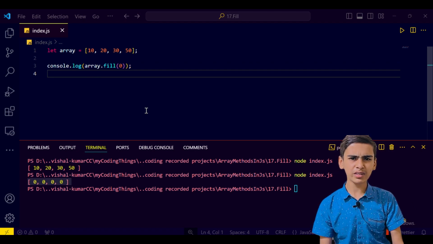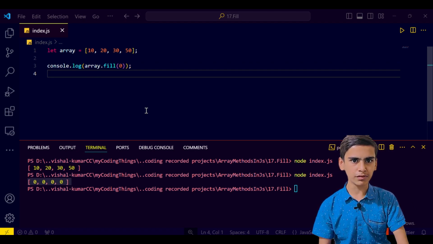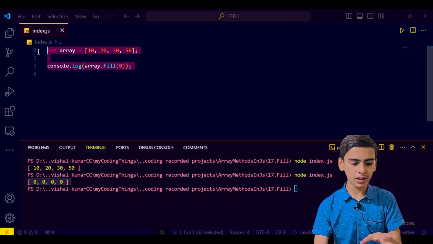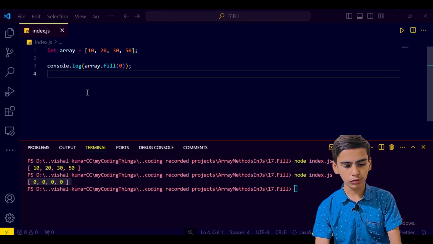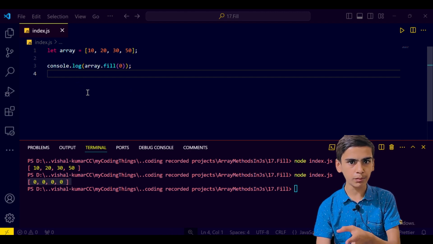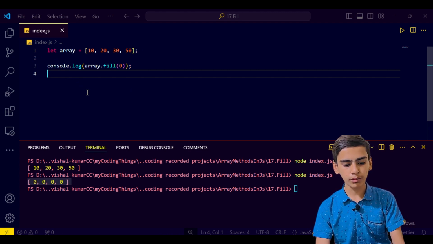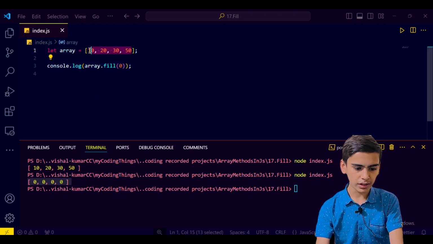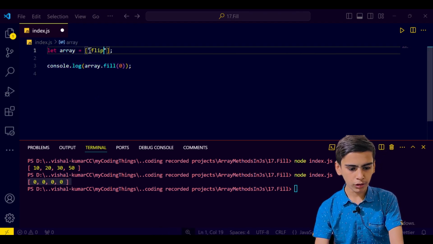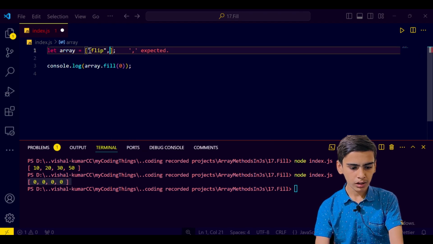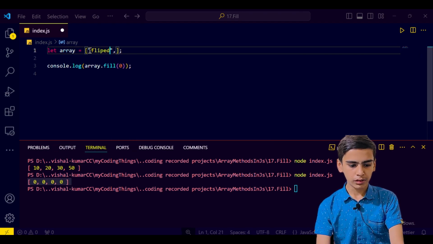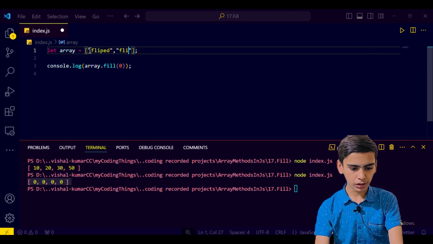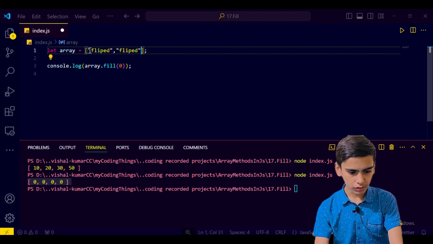Now you might think, what nonsense is this? Where will we even use this? But everything has its own use case. You may have to use it in production or maybe in a company. So if I tell you a small use case, there can be 3 boxes flipped, like some are flipped and we just put them flipped like that.